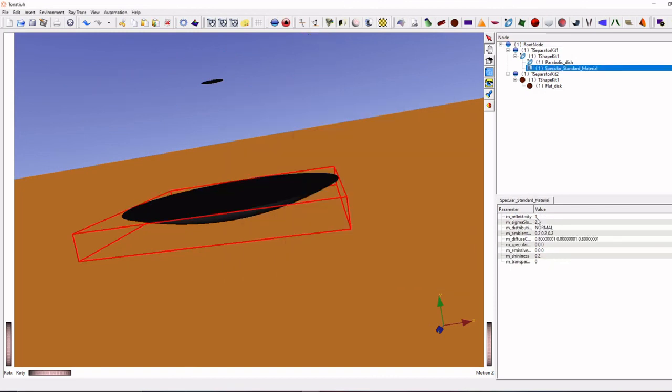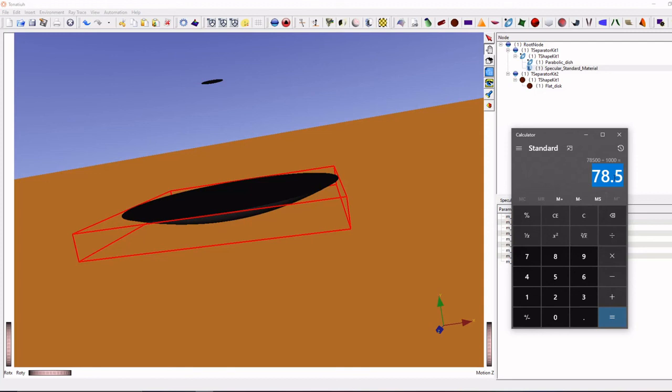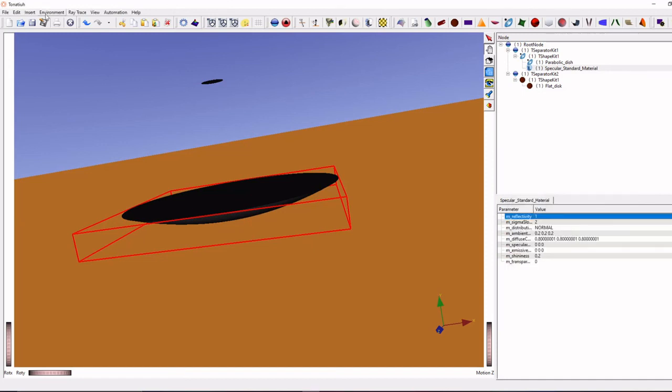Now we entered reflectivity is 1. So you must enter reflectivity is 1 at the initial time. So that time only we are achieving 78.5 kilowatt. Suppose if you change reflectivity to 0.9 means you won't get 78.5 kilowatt in both theoretical and simulation. So I always recommend you to start with reflectivity 1 and sunlight is 1000 watt per meter square. Just compare these two values, theoretical and simulation. Once everything is perfect, then later you can play on.